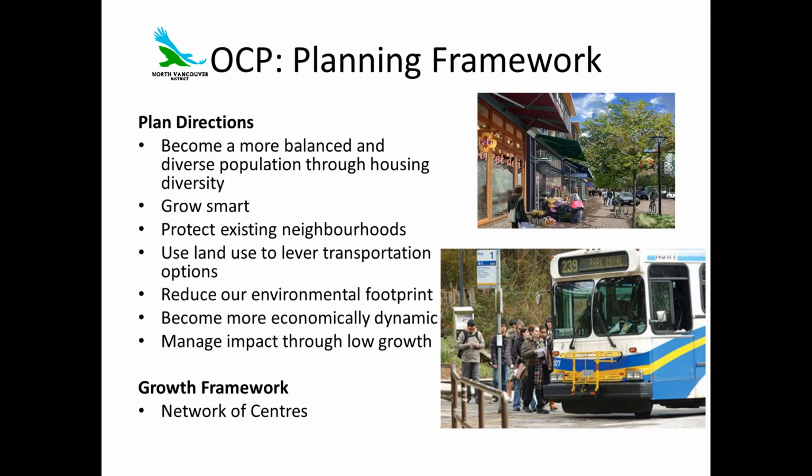So the planning framework that emerged as part of the OCP was really trying to get at how to solve those issues by 2030. So they're targeted really at providing some direction as we try to manage that growth and change coming to the community. So you can read on the slide what some of those planning directions are: a balanced, diverse population, growing smart, compact, protecting existing neighborhoods, and using land to lever transportation options, so to increase access to transit. Reducing the environmental footprint and trying to create employment here so people aren't having to travel off the North Shore